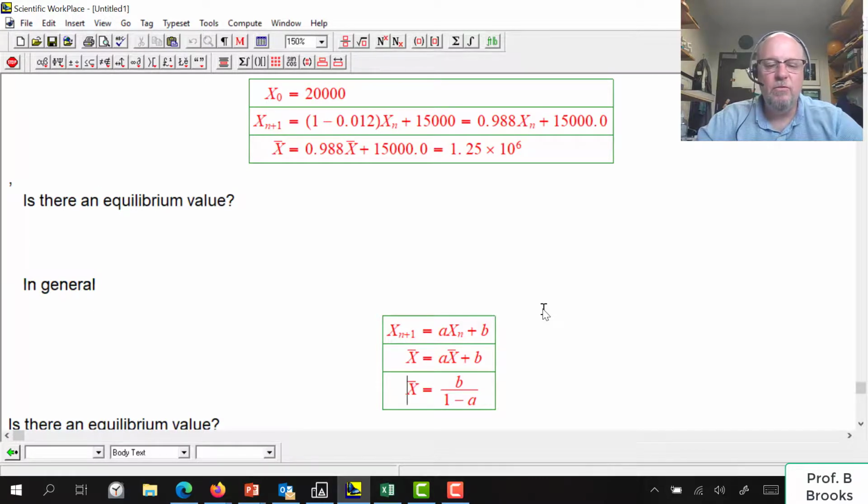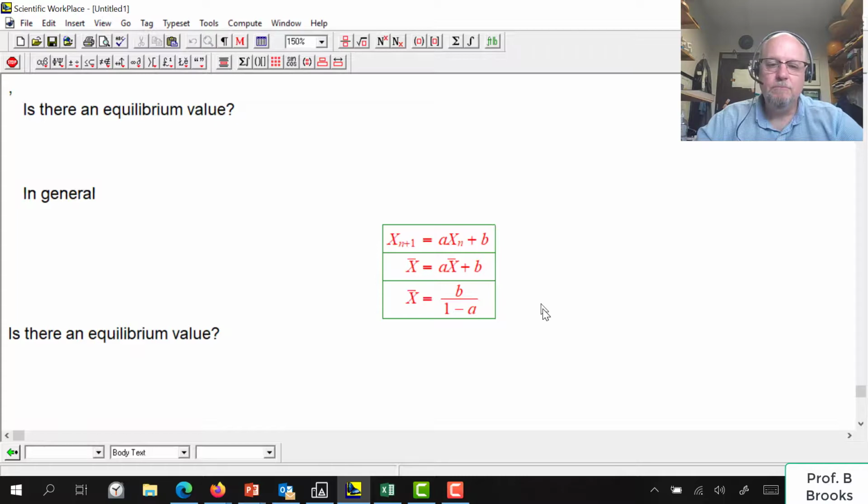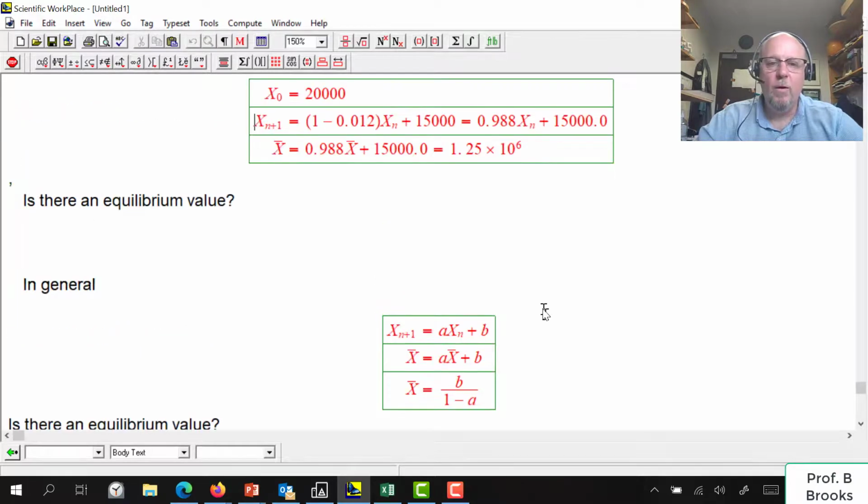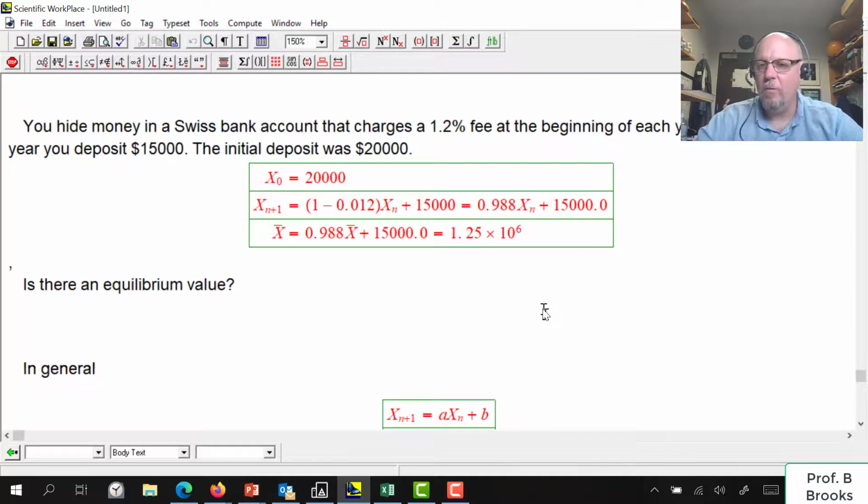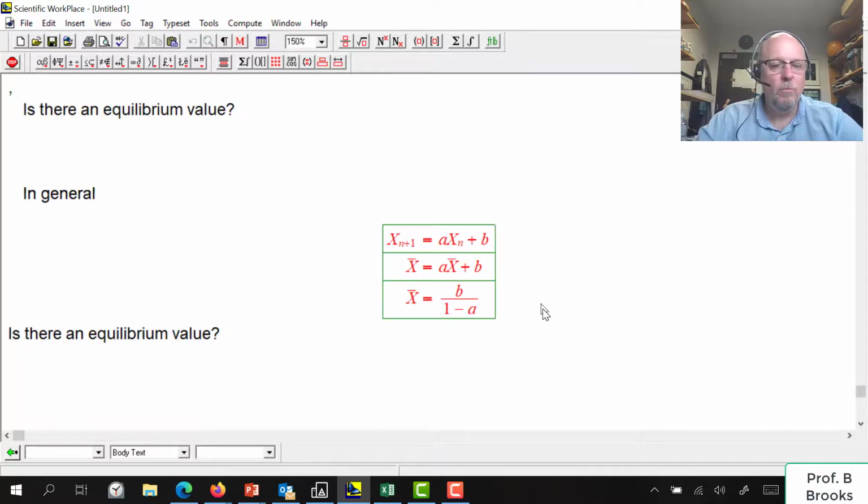Is that equilibrium stable or not? Well, we saw examples where it was stable, and we saw an example where it wasn't stable. So what are we going to have to do here? There are a couple of things that are going to have to come up in the next couple of videos. The first thing that has to come up is